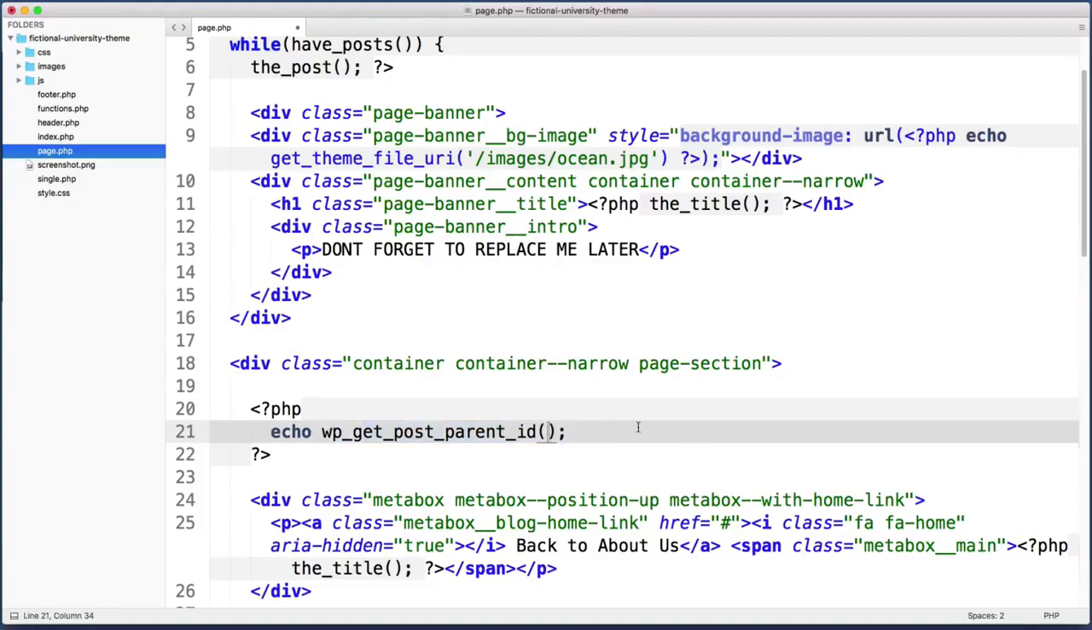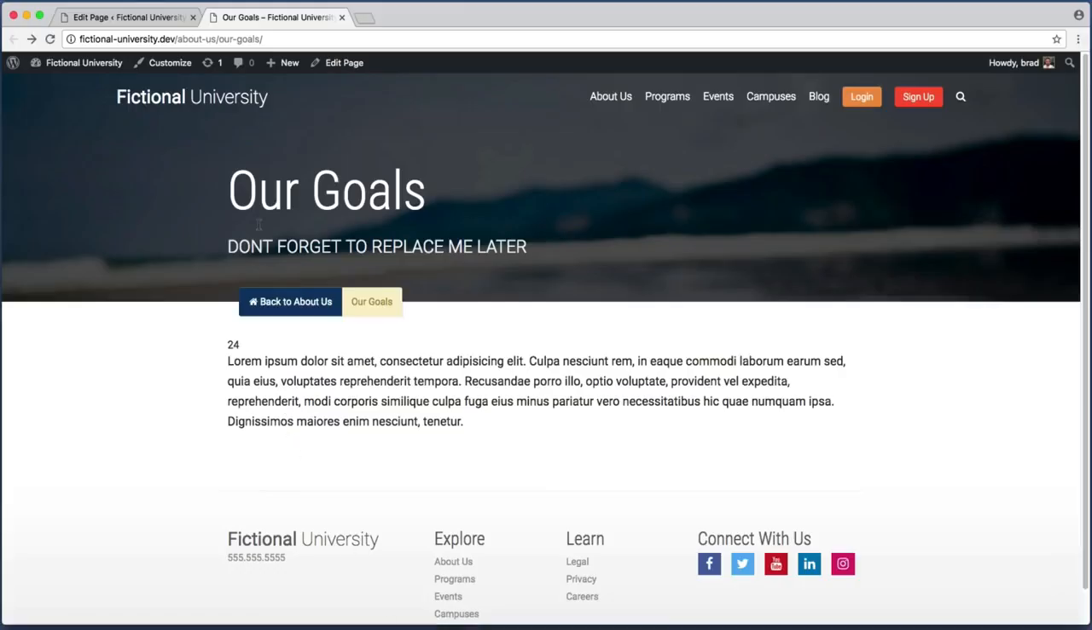So within the parentheses, we give it an ID for a page or post, and this function will respond by giving us back the ID number for that page's parent. So for example, if we were on the Our Goals page and we wanted to find the ID of this page's parent,